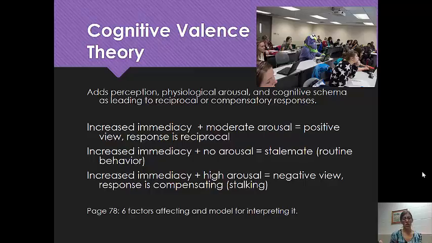Other things that factor into cognitive valence theory is your physiological arousal. Now, when I'm talking about physiological arousal, I'm not talking about sexual arousal. Okay, that's a totally different thing, and we're going to put that over here and not really think about it. Physiological arousal has a lot to do with similar chemical and body processes, but it has more to do with the gut feeling that sometimes we get when something doesn't feel right or when something feels really right. And I think probably everybody has experienced this at some point or another, right?